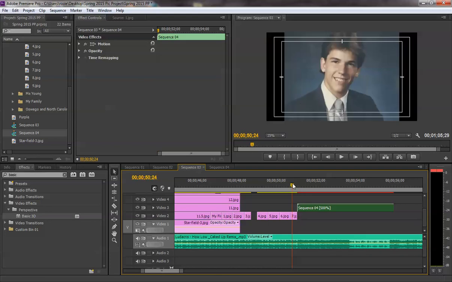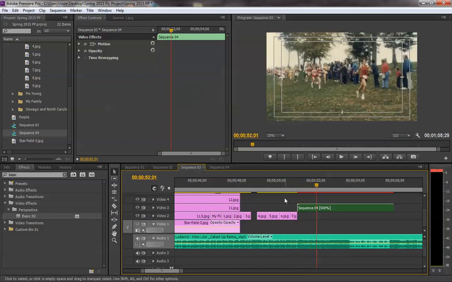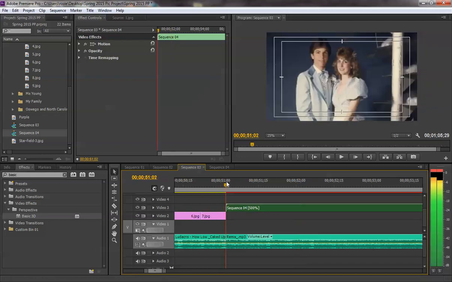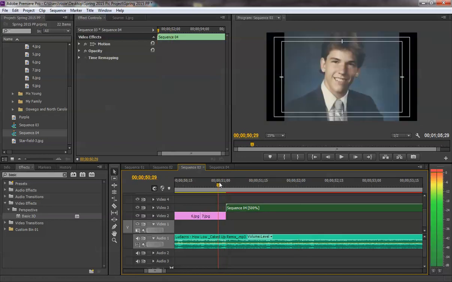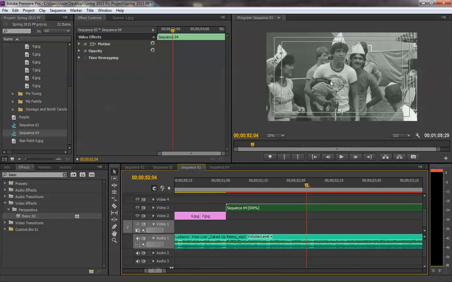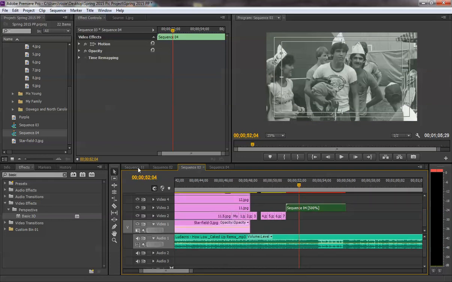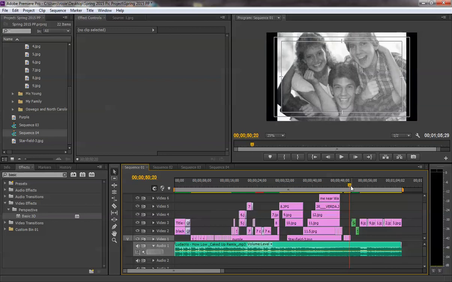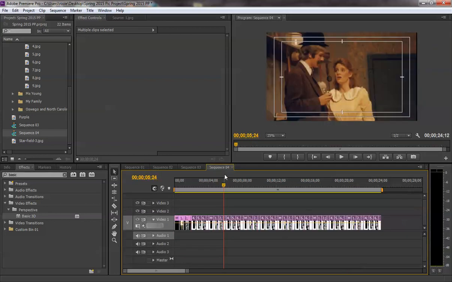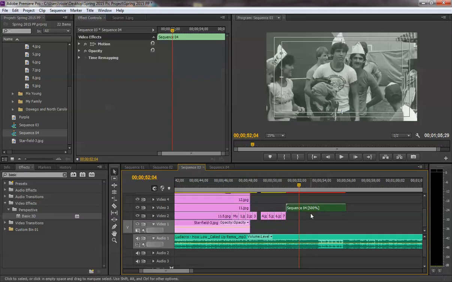So now when I play it, now I need it to start at that drum beat, so everything's good there. It's also probably okay, actually. Let's go back and look at the original. Yeah, that's fine. Okay, so now that we have the sequence in at 500% and it's smaller, it does get